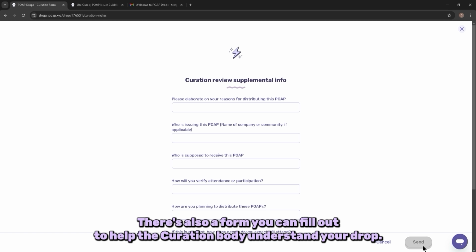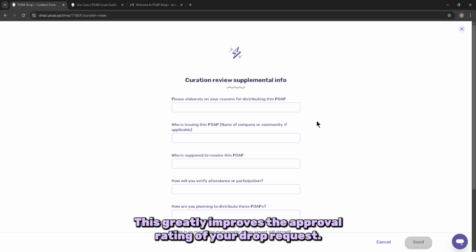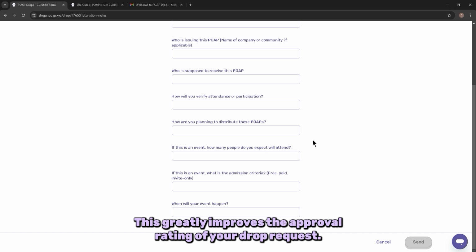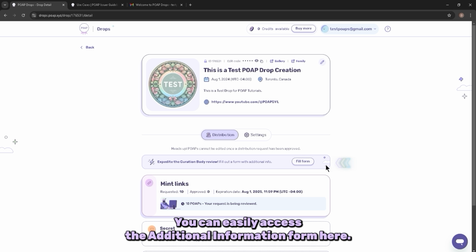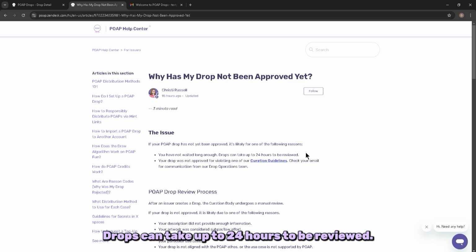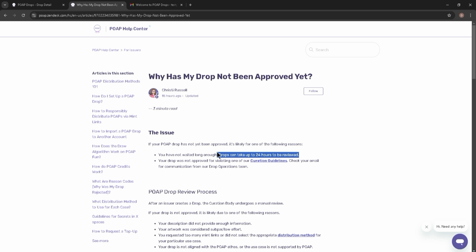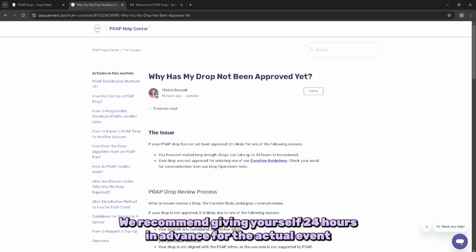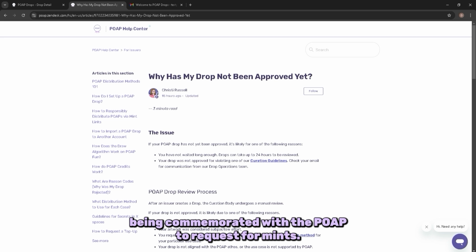There's also a form you can fill out to help the curation body understand your drop. This greatly improves the approval rating of your drop request. You can easily access the additional information form here. Drops can take up to 24 hours to be reviewed. We recommend giving yourself 24 hours in advance to the actual event being commemorated with the POAP to request for